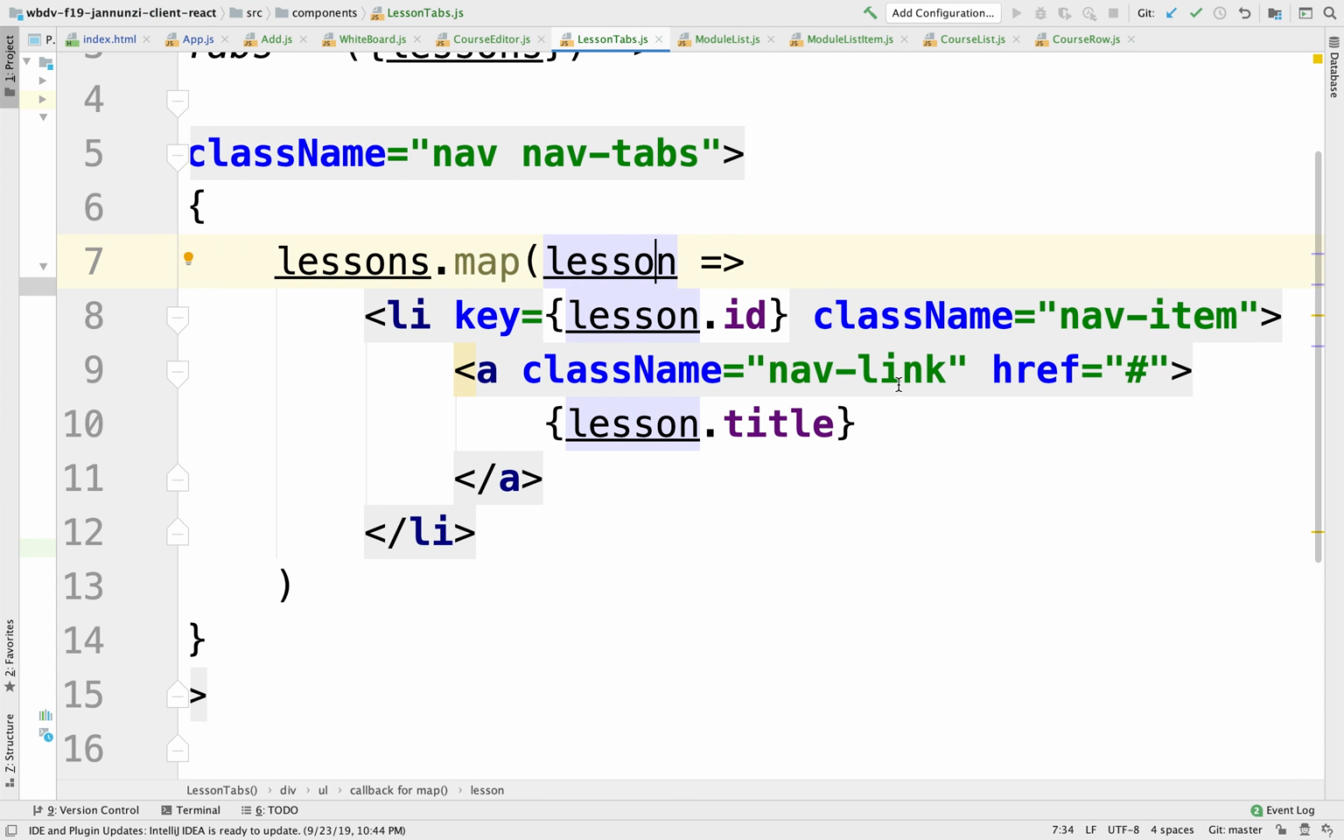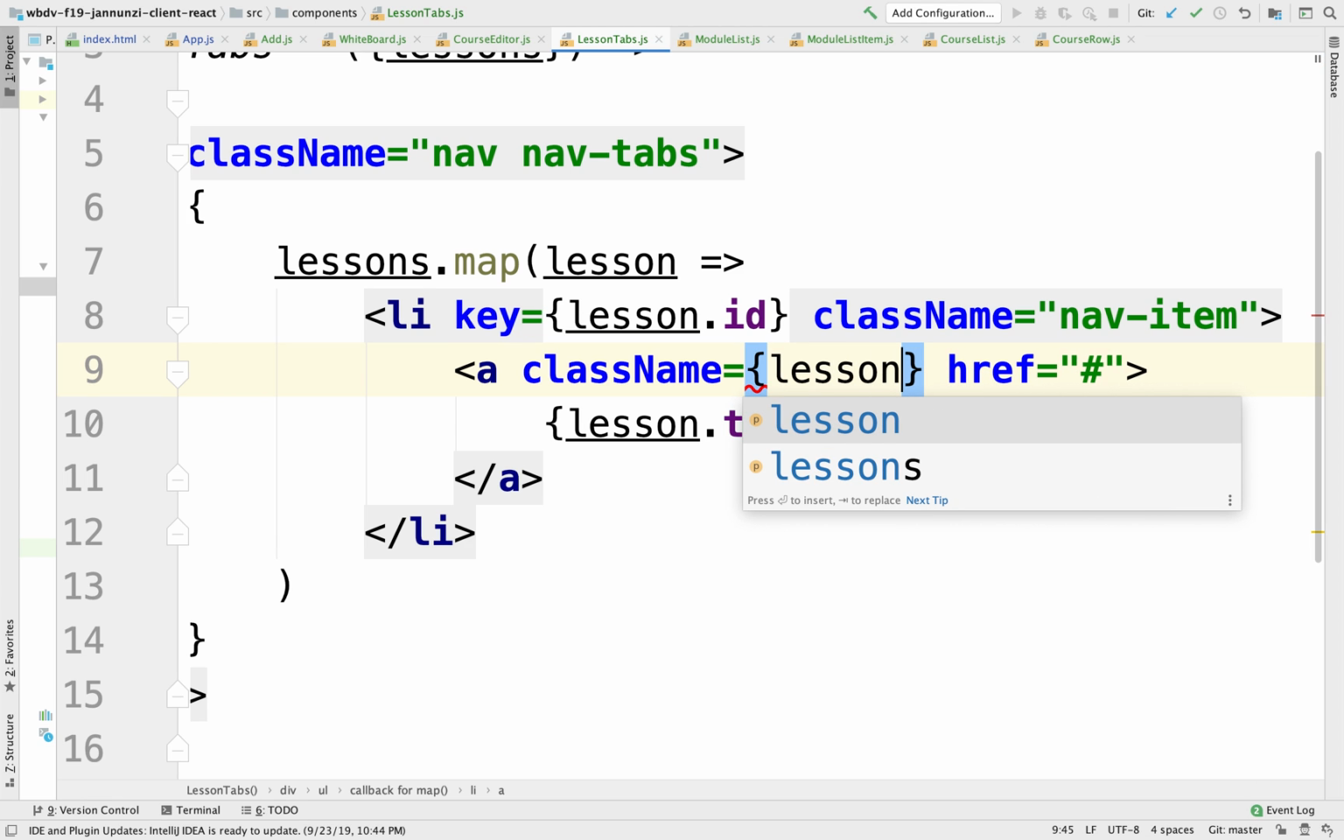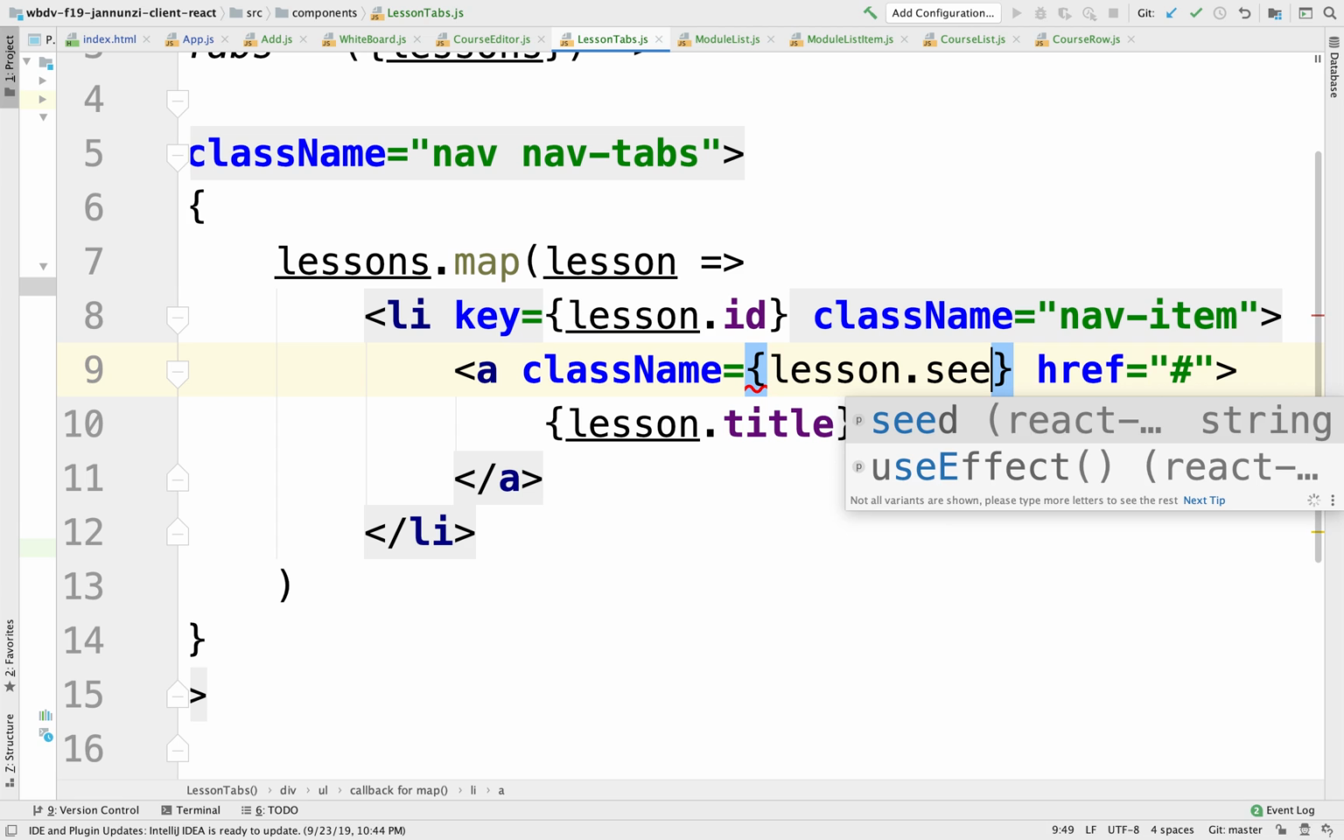So we could dynamically calculate this class. We can say that this class is actually an expression. Instead of being a hard-coded string, we could calculate this as an expression. We could ask, if lesson dot selected,